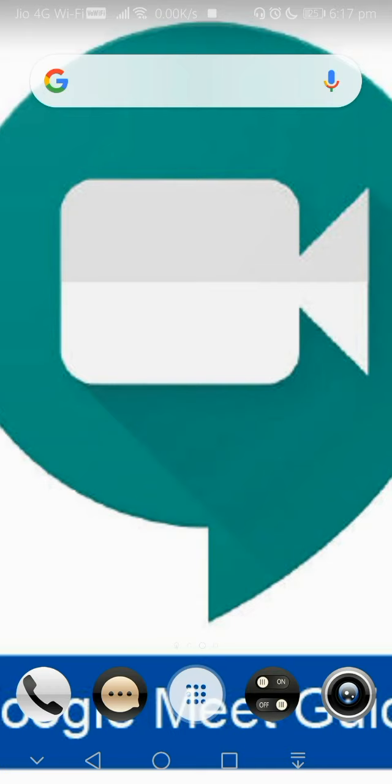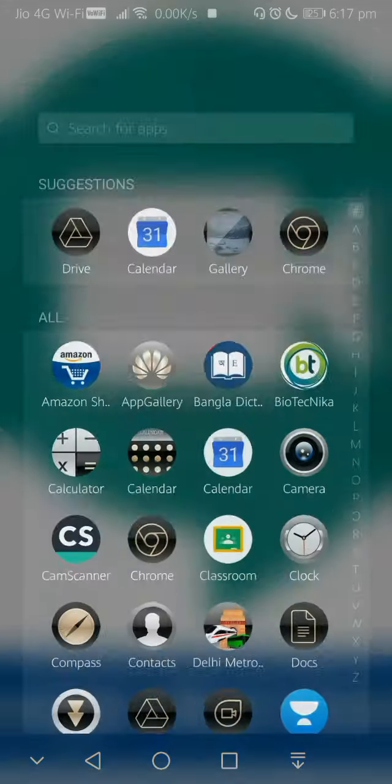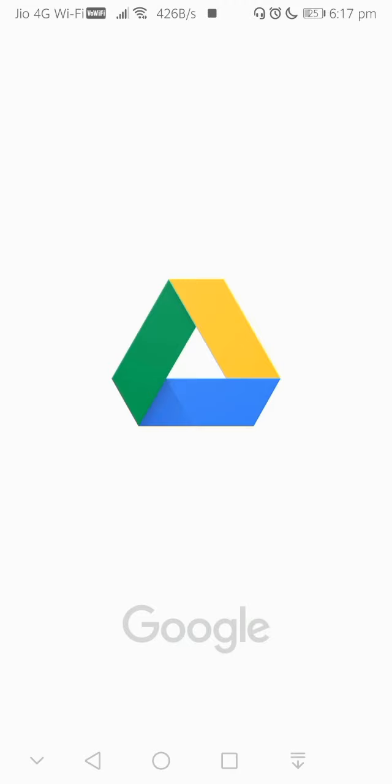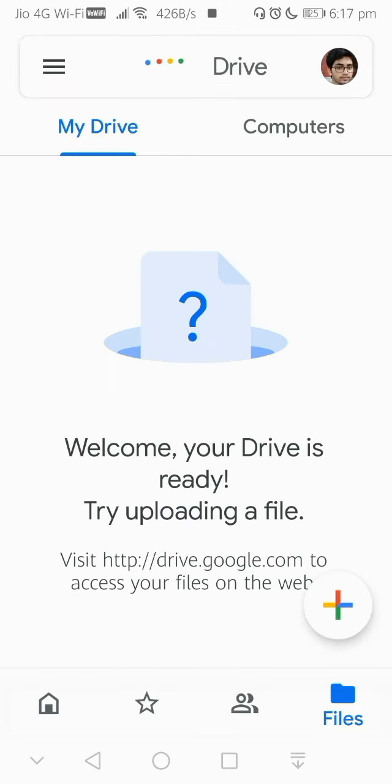First of all, you have to have your file in your phone or your PC, right? The file in PDF or Word format. Second is that you have to upload your folder, that means your document, to your Google Drive. So click on the Drive app. Now you can attach your file by clicking on the attachment option.